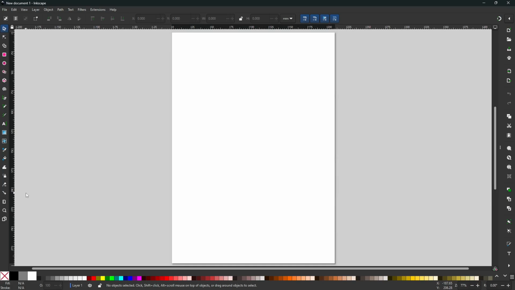Hi, for some of us toolbar icons may be too small, so in this video I would like to show you how to increase size of icons in Inkscape. Of course, I'm talking about icons from the left toolbar and the upper icons,